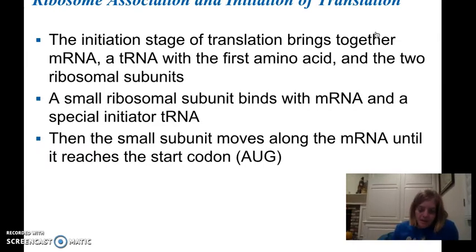So the initiation stage is the first stage of translation, and this is when the small ribosomal subunit binds with the mRNA and the special initiator tRNA. And the small subunit will move along the mRNA until it reaches what's known as the start codon, and this is AUG. And if you remember from the transcription section, AUG is the code for the amino acid methionine, but it's also the start codon. And this signals the start of translation. Once this has occurred,